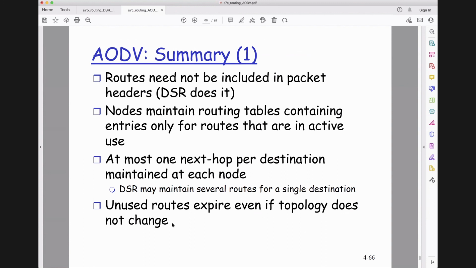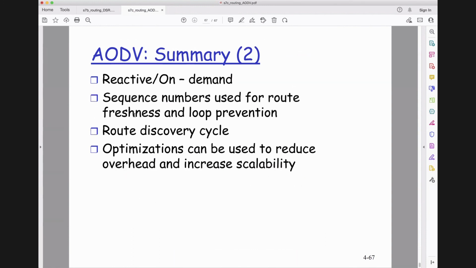So if that route is not used and it expires, we remove it from memory to save memory, because mobile devices have limited memory capacity. And it's reactive or on demand. We only build a route when